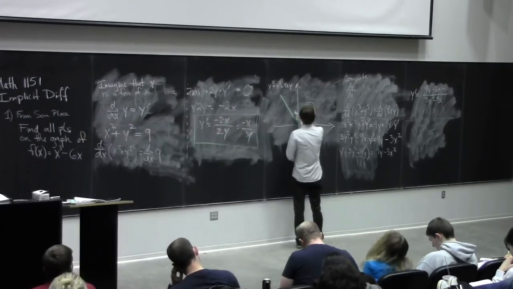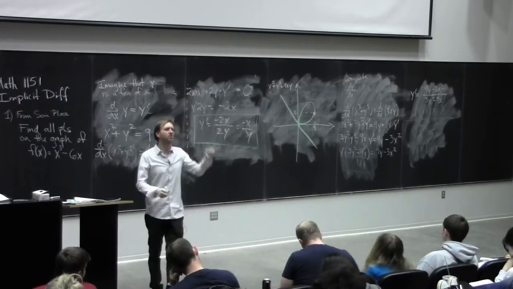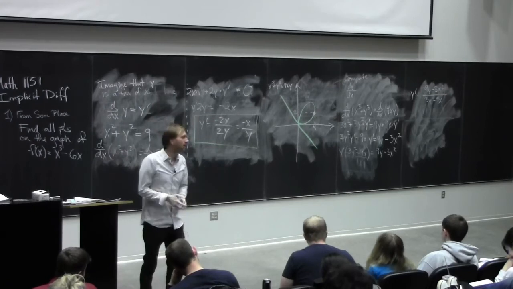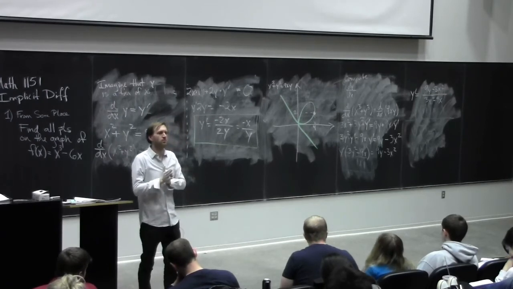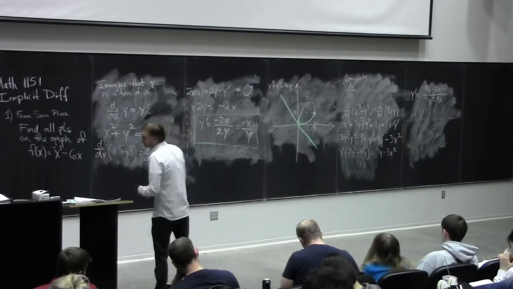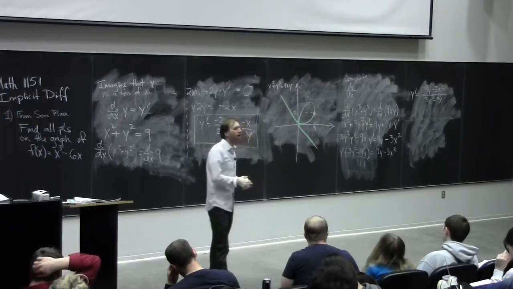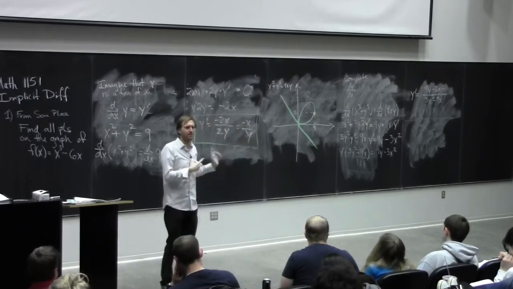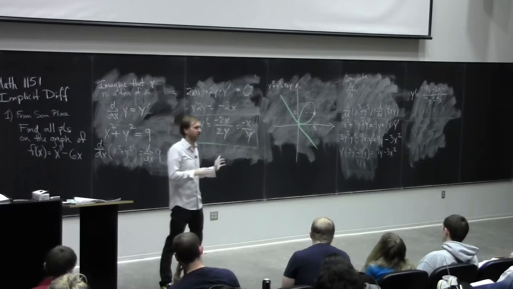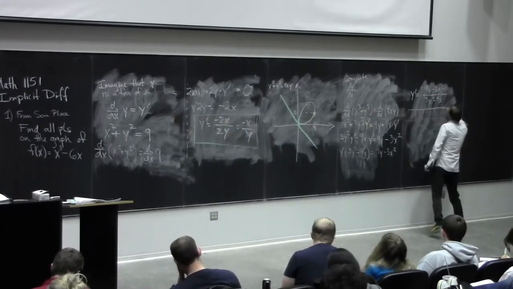At (4, 2), do you think the slope is positive, negative, or 0? Positive. It's positive, and maybe, depending on how you look at it, it's 1 or greater, depending on how good my picture is. My picture might be pretty crummy, so we'll find out. So let's plug in (4, 2). So the slope